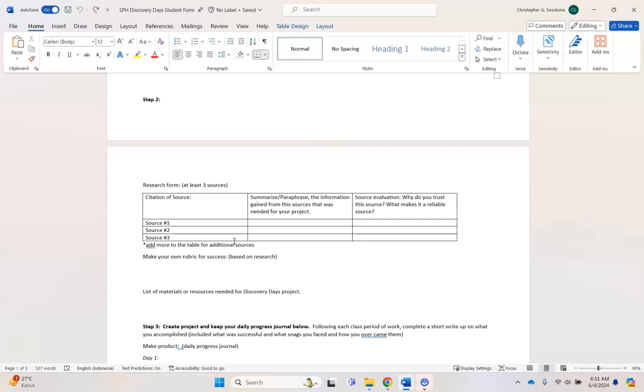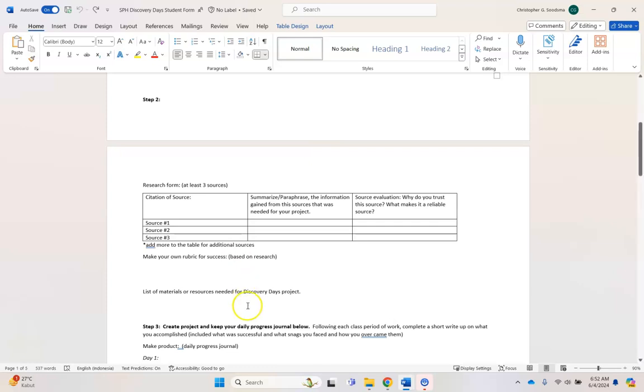Then you'll see at the bottom, you need to make your own rubric for success. For your cookbook to be successful, what must it have? How many recipes? How many pictures? How many sentences of talking about each tradition? How many viewers on your YouTube channel if you're doing space or science, right? Or how many people do you want to be viewing each video? Once that video is made, what should it be like? What's the length of that video? Quality of images, etc. That's all on you to figure out.